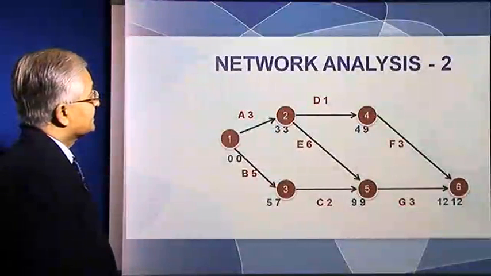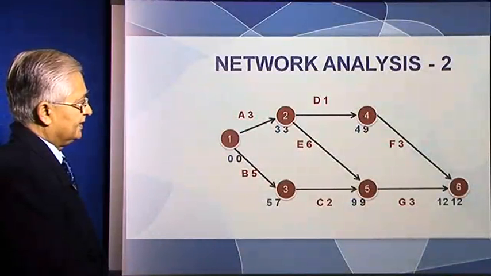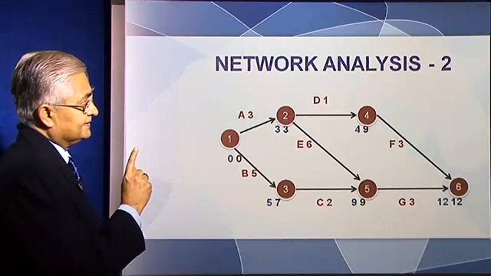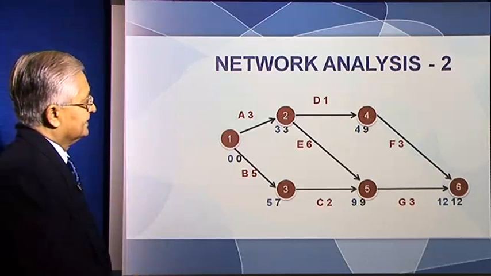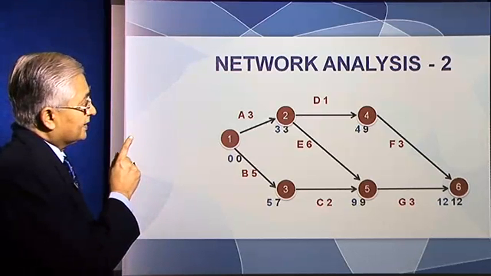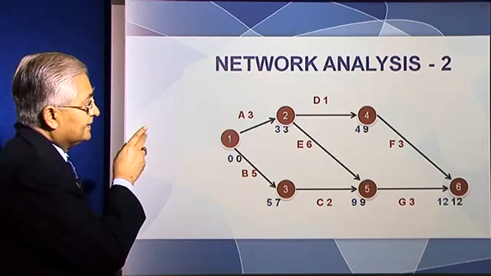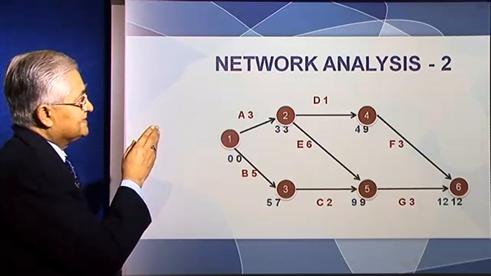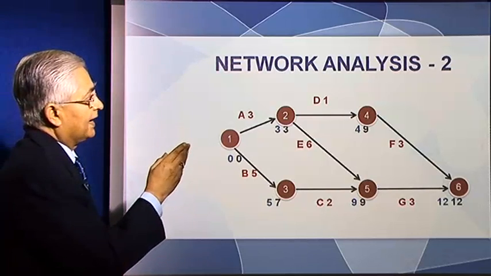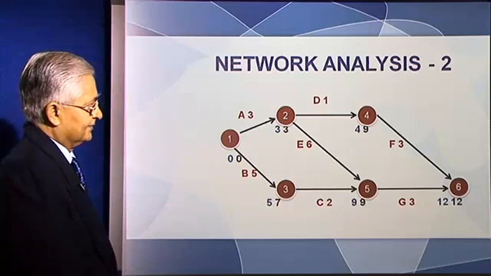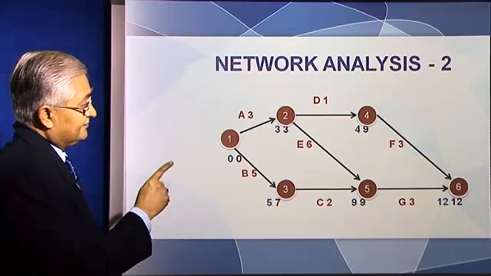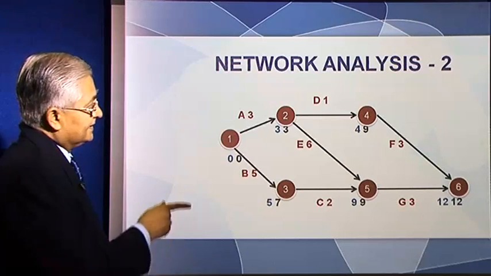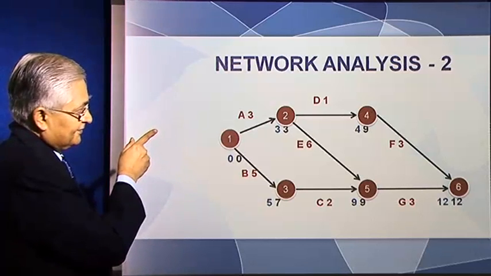Now let's look at event 2. Okay, now event 4, we need to reach latest by the 9th month. D takes 1 month. So event 2, if you go that way, if you finish event 2 at the end of the 8th month, activity D takes 1 month, so you reach event 4 at the 9th month, right? But event 5, which needs to be finished latest at the 9th month, you have this activity E, right, which